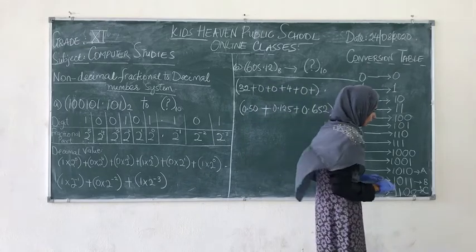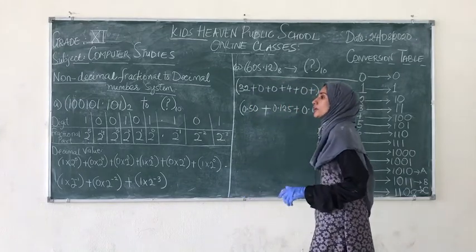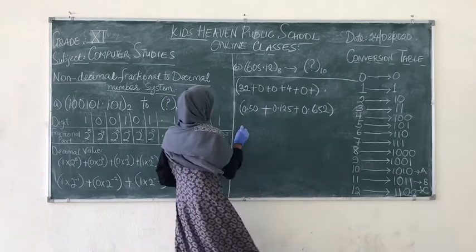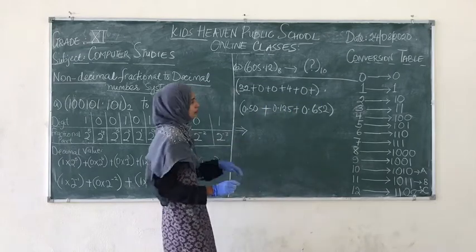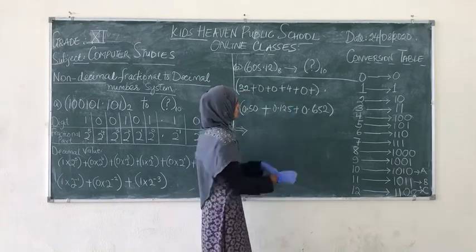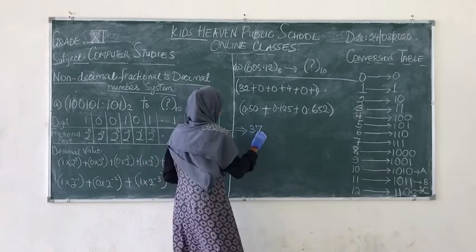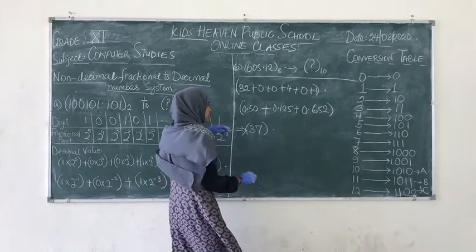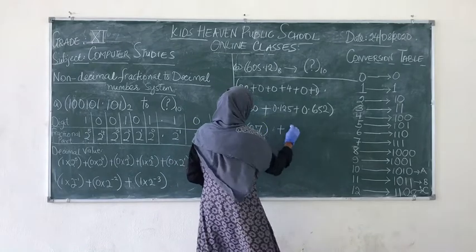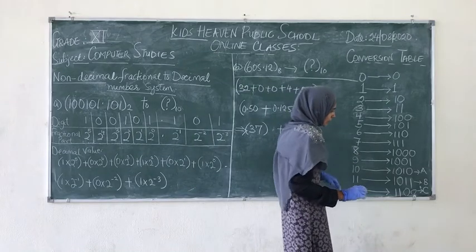Okay? These are the additions of the integer part and the fractional part. Now we can see we have additions in between them. Let's quickly take the sum. 32 plus 4, 36 plus 1, that is 37. Okay? This is the first part. Now with a point we have this second part. Now when we add these, the addition of the second part is,